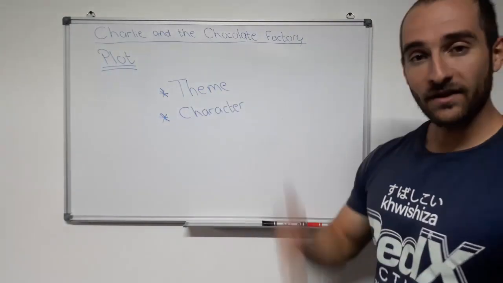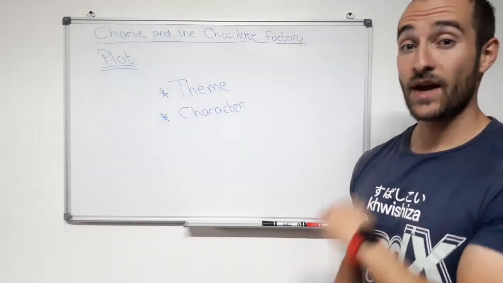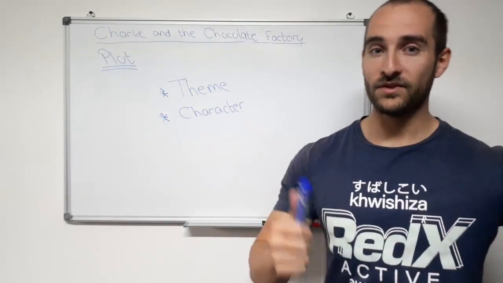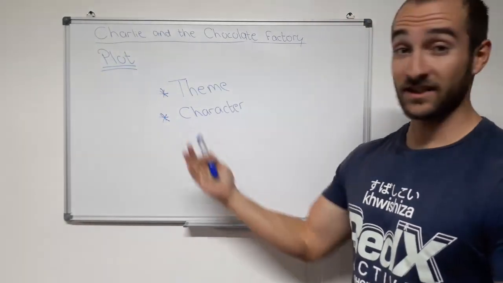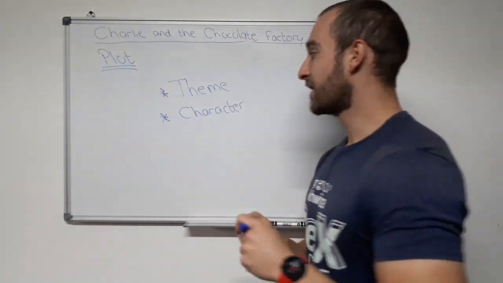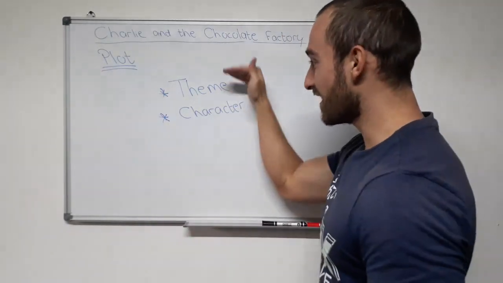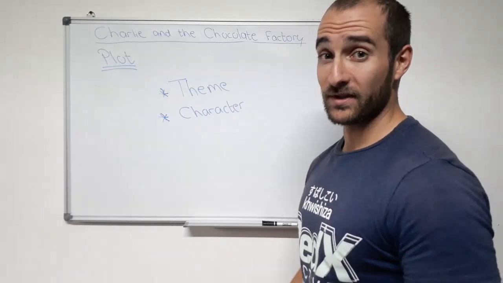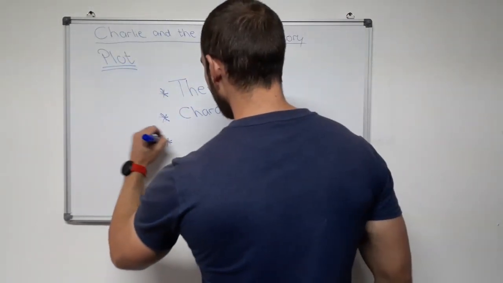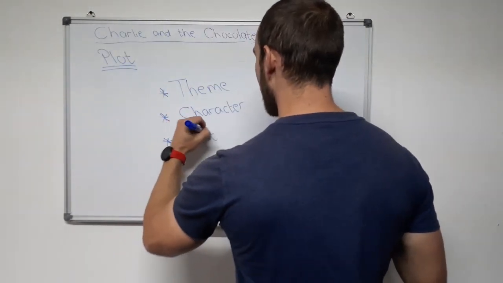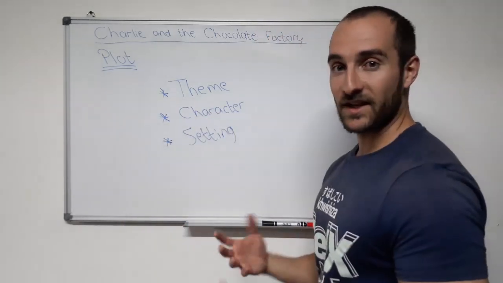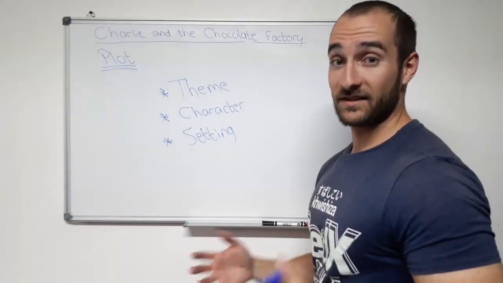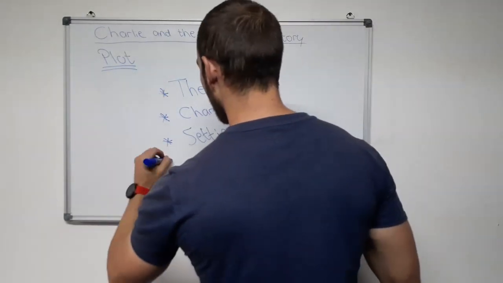Now, because these two things are very important, it doesn't mean the other things are not. You have to know the plot. If you don't know what the story is like, you can't use those events as reasoning. So you still need to use the others. Don't think that just because I am separating these two from the list, that the others are not important. So yes, still, setting, very important as well. I can use setting to say it helped with the theme because it shows poverty versus fantasy in this case. And then also plot, of course,